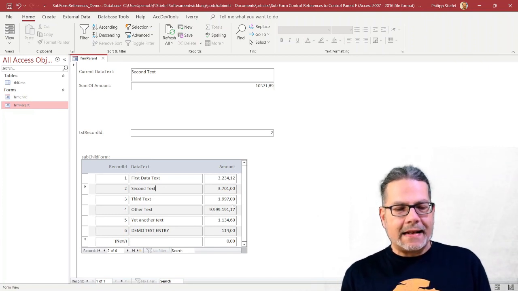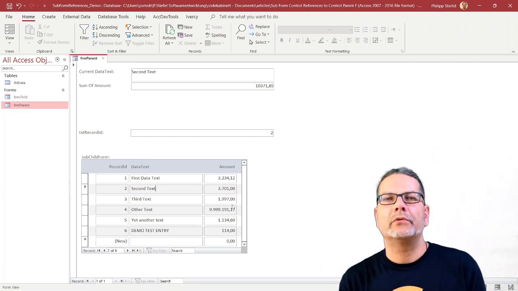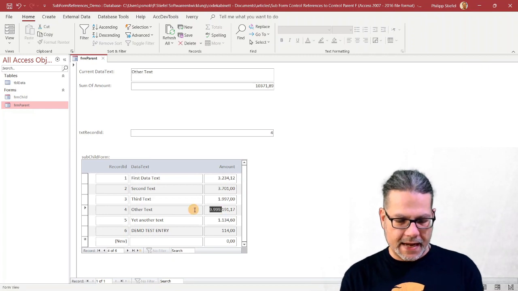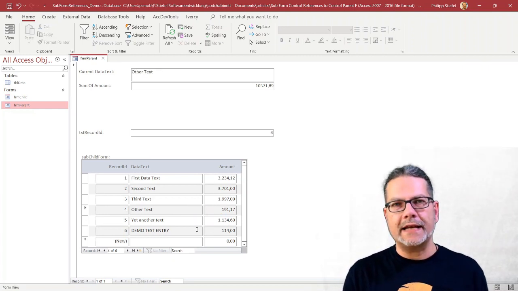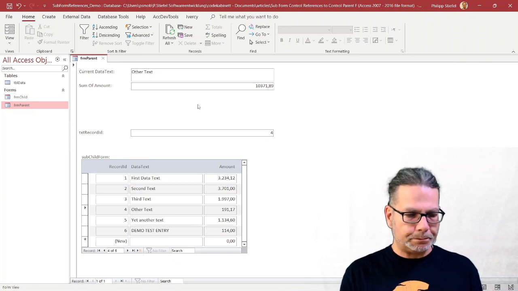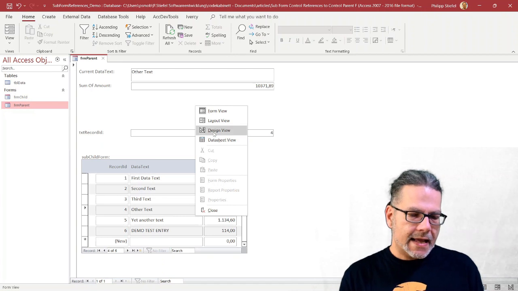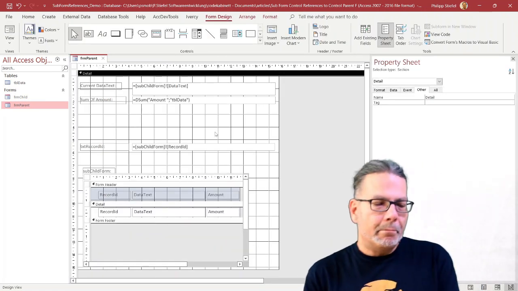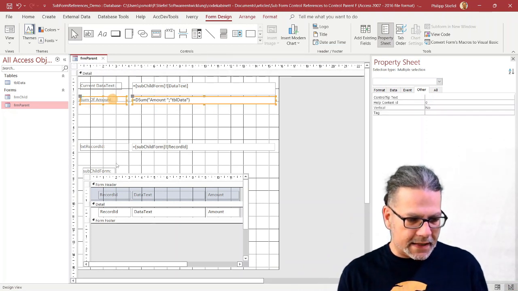So, that is basically the problem to solve here. How can I update this data when I change the amount column in the subform? And that's where I originally suggested, yeah, let's use events from the subform, but I happen to add something else